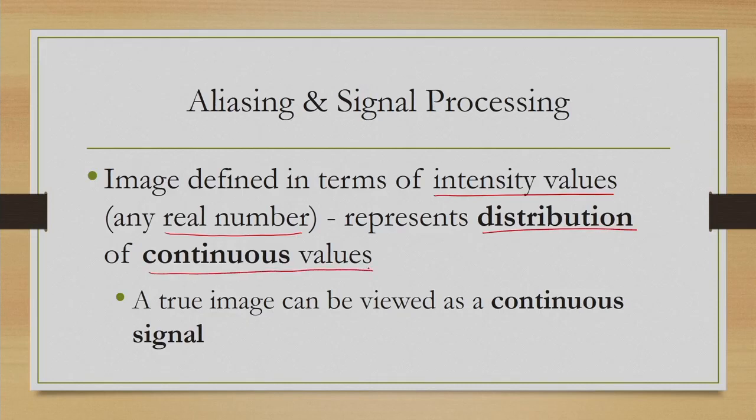If we plot those values in a graph, we get a curve which represents the distribution, and here the values are continuous. It can take any real value. So essentially we can think of a true image as a continuous signal,